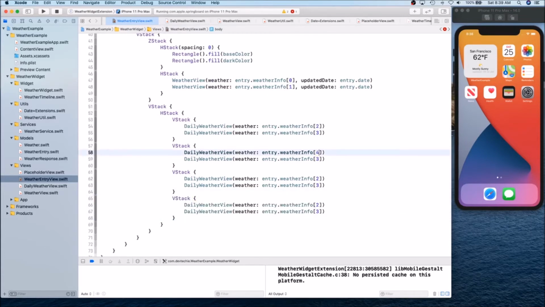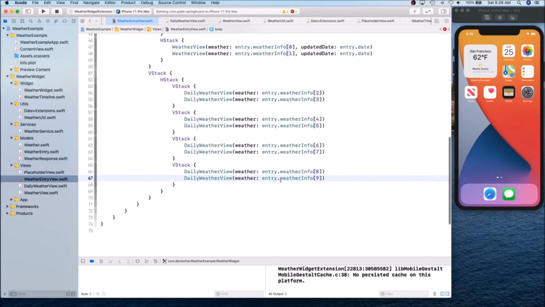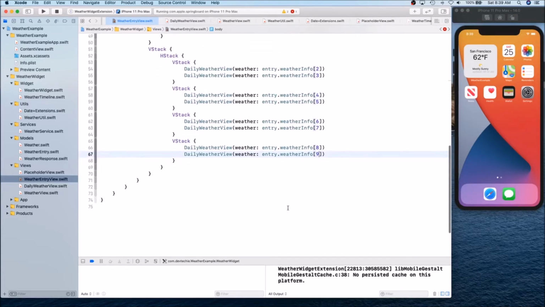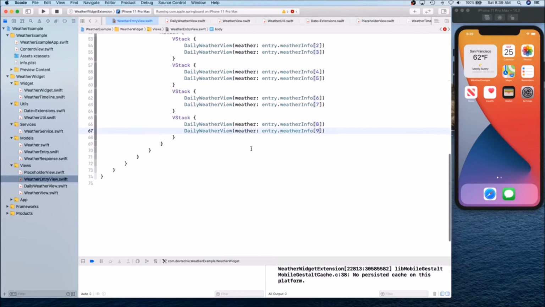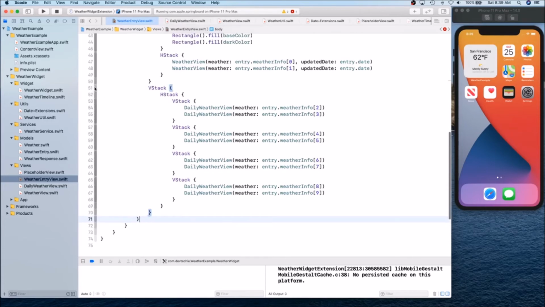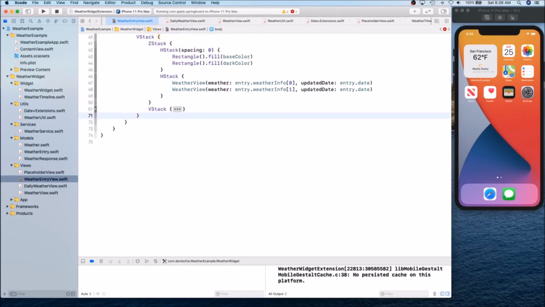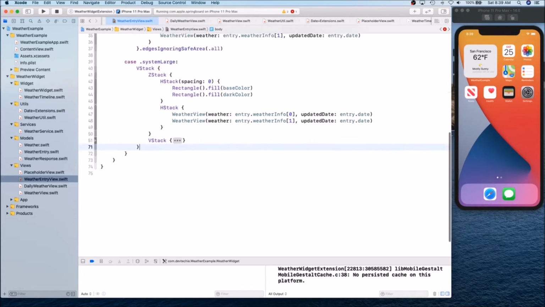Okay, so 4, 5, 6, 7, 8, and 9. So basically this is going to print out all 9 values, or you could have actually created it in a loop, but that's okay. So let's see, this VStack is, hold it here, and this is the main VStack, and here